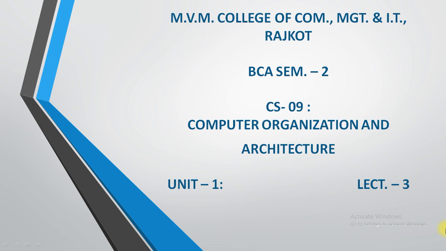In the first two online sessions, we have completed one question, that is the block diagram of computer, and in the second video, we have completed basic logic gates. As all of you know, there are three types of logic gates. Number one, basic logic gate. Number two, universal logic gate. Number three, exclusive gates.